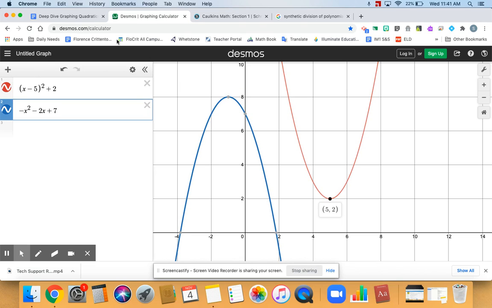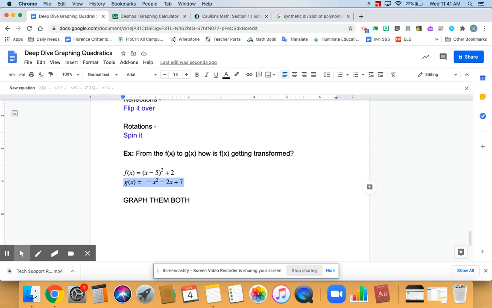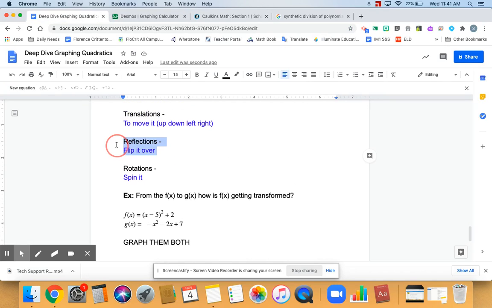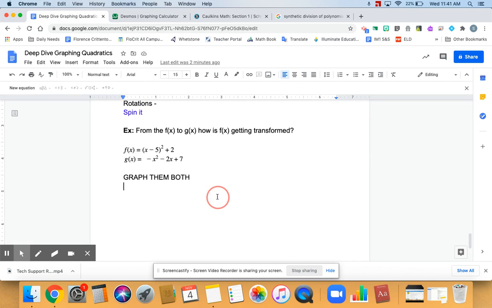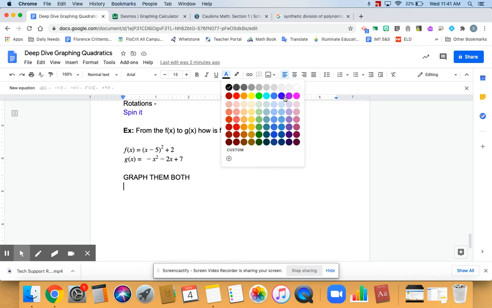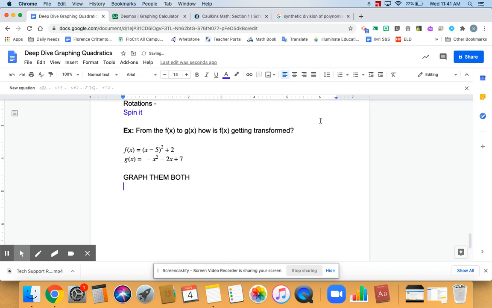And it's important to pay attention to which one they tell you comes first. So it says from f of x to g of x, meaning this is first and this is second. How is this one getting transformed into the other one? And you're going to use these things. Did it get flipped over? Was there a reflection? So tell me, is there a reflection of the graph? Does it get flipped over from here to here? Yes, it does. So that's one of the things that you would say. So to explain how it got transformed, f of x got reflected,